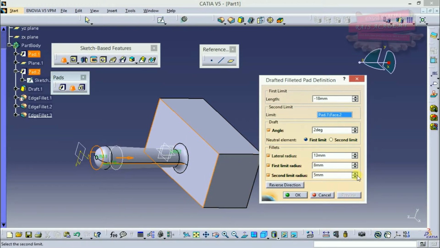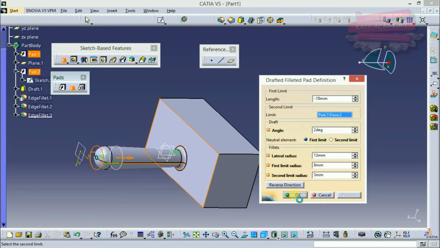So I don't want such a big fillet over here, so I can minimize it by clicking over here and then specifying the radius. I want the radius to be 3 mm. Okay, so I'll press preview. Now as you can see, the radius has been reduced.